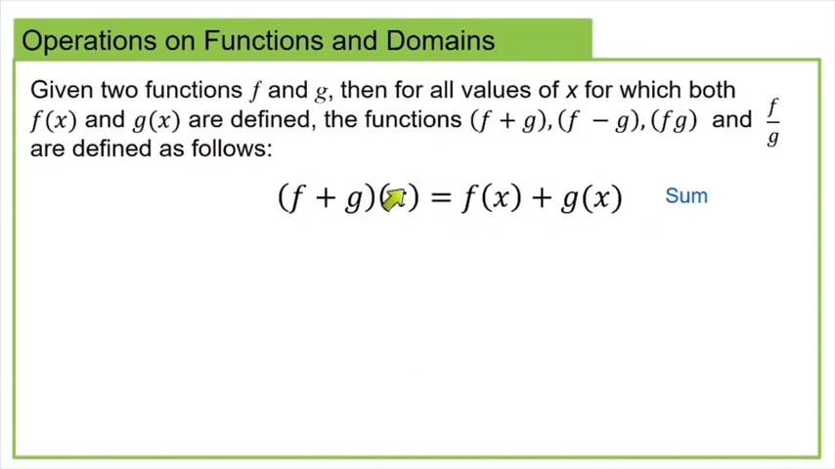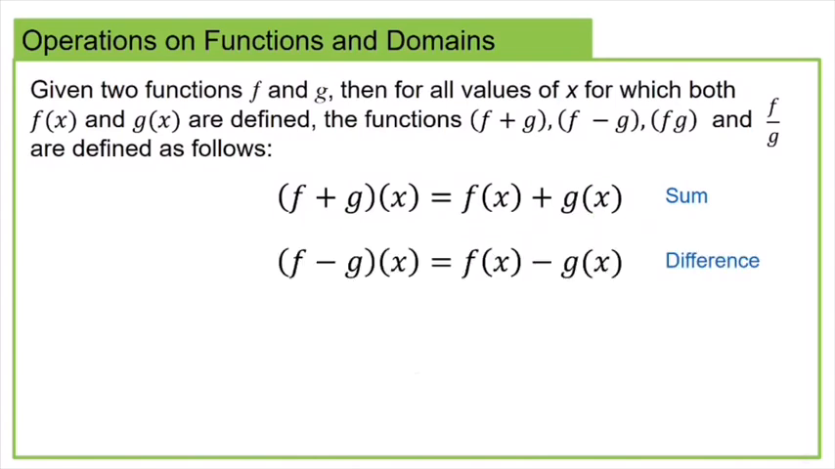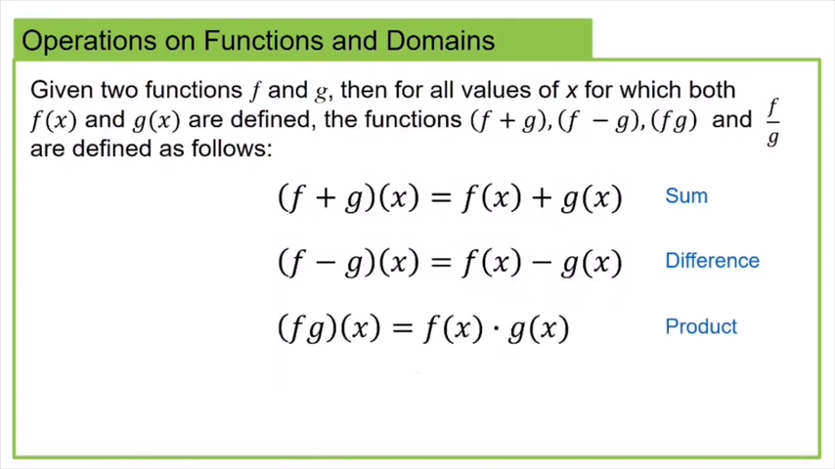So actually this works very nicely. This is about as easy as you could hope for. To find out what f plus g of x is, all you have to do is find out what f of x is, find out what g of x is, and then add them together. And likewise for the subtraction or the difference, f minus g of x is just equal to f of x minus g of x. And likewise for the product, f times g of x is equal to f of x